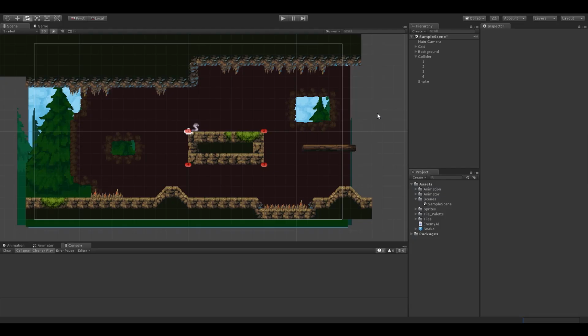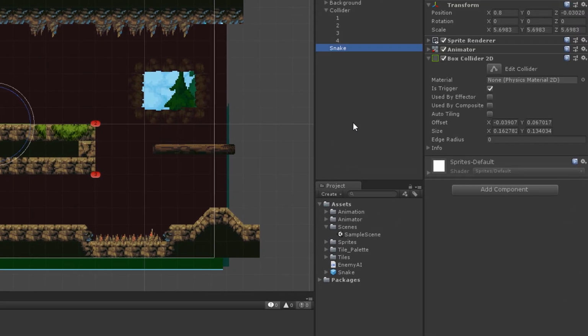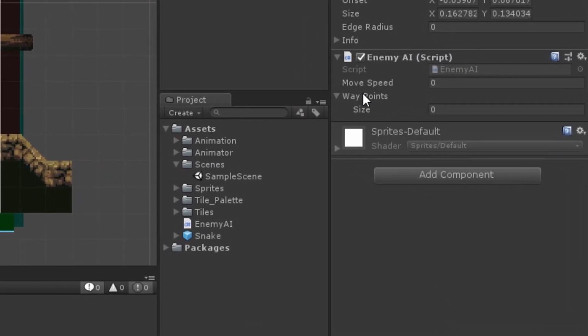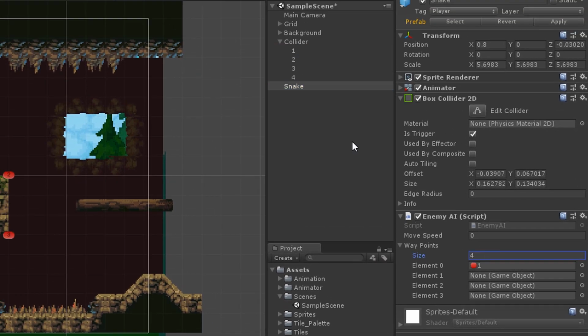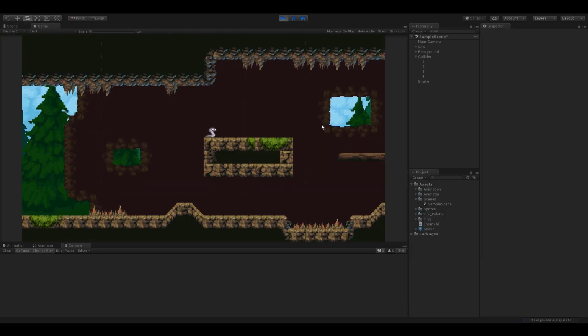Now let's jump right back into Unity and assemble all the pieces together. So I'm going to select the enemy and attach the script that we just created, and once we attach it we can see that we have 2 fields here. So I'm going to increase the size of the array to 4, and as you can see now we have 4 new field options here. So I'm going to plug in all of our waypoints to it and bump up the value of movement speed to 2, and now when we play it